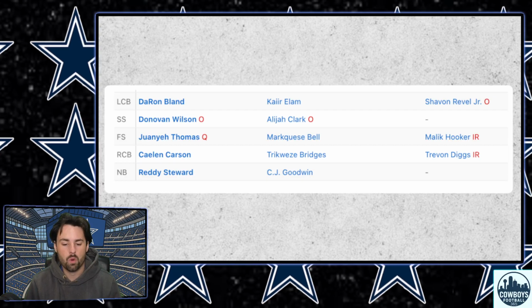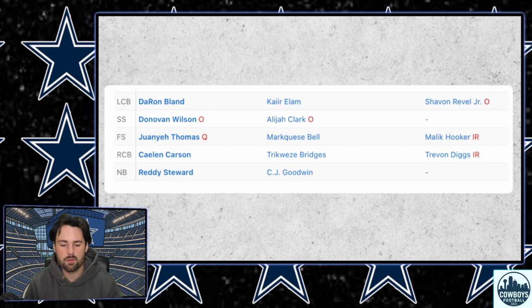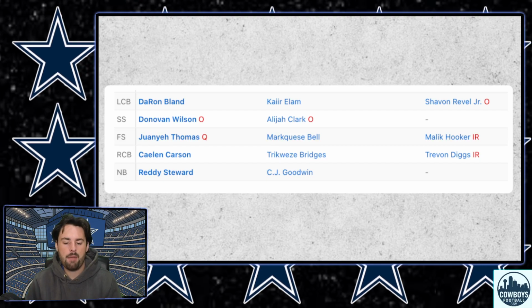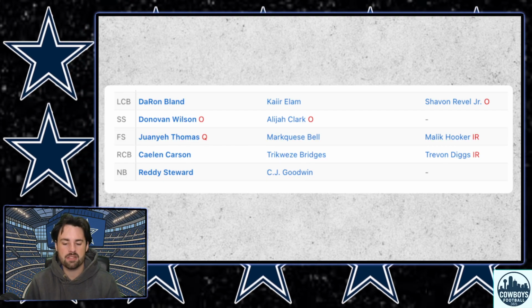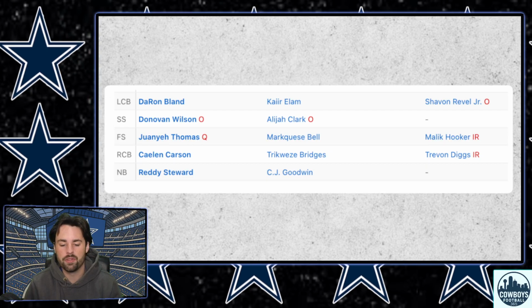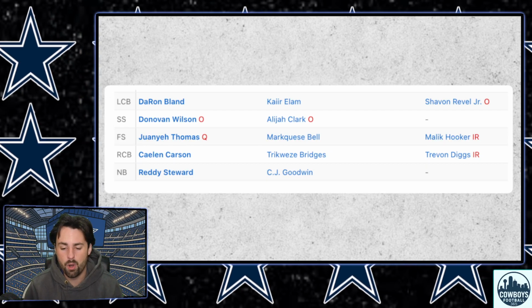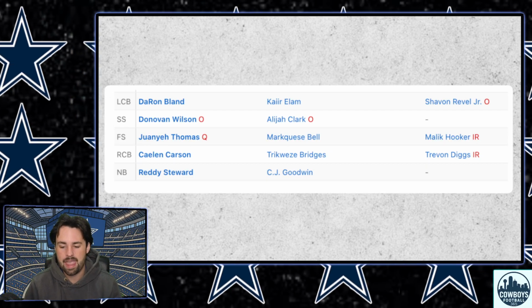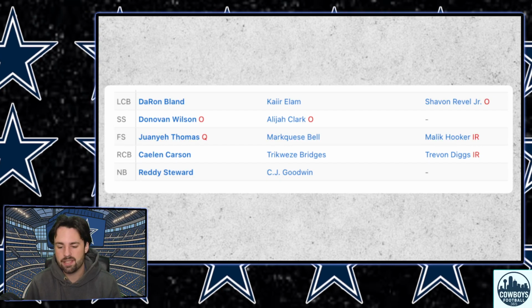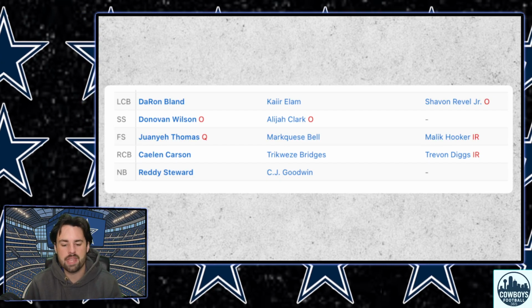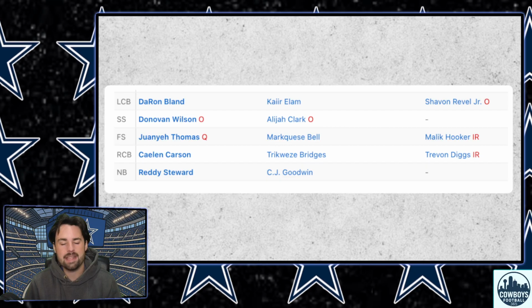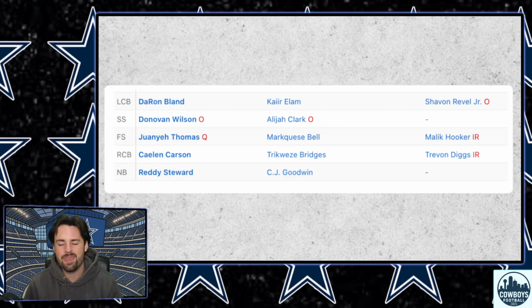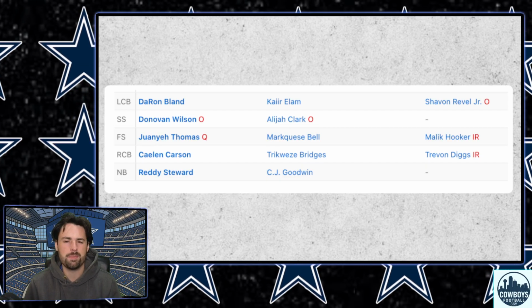But our normal starting safeties, looks like we're going to be down both. Wanye Thomas, we don't know yet, but it looks like he's trending towards not playing. So Donovan Wilson and Wanye Thomas, down both starting safeties, and Trevon Diggs still on IR. Malik Hooker, who would have been the starting safety, but he's on IR as well. It's looking a little bit grim here on the back end, which is not what you want to see, because